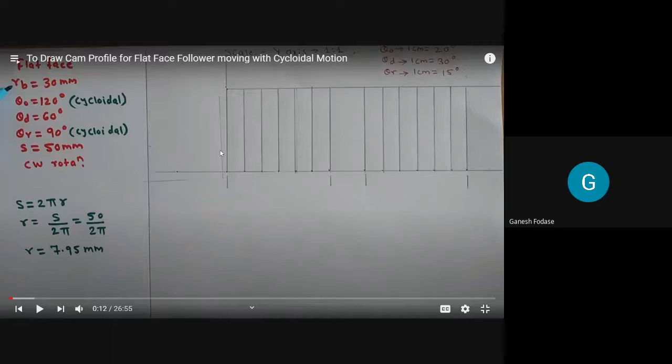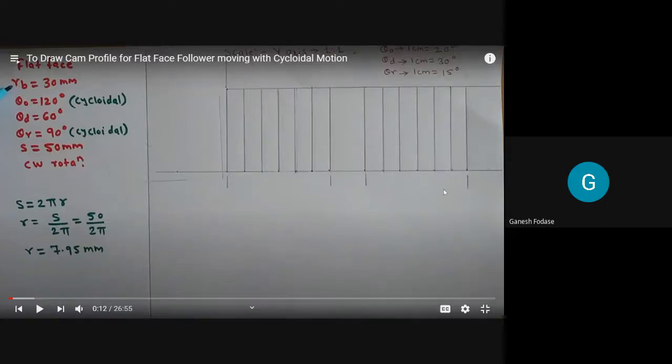This is your displacement diagram. How much height of this rectangle will be? 50 mm. Yes, in this case it is 50 mm. Remember, the height of the rectangle is equal to s, nothing but stroke of the follower. So how much it is given here? 50 mm. So scale on y-axis we consider here is 1:1. So on y-axis we take 1:1 scale, and we draw here 50 mm stroke of the follower. So this is 5 centimeter height for a y-axis.